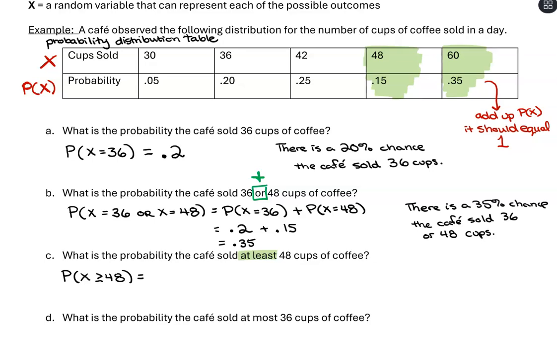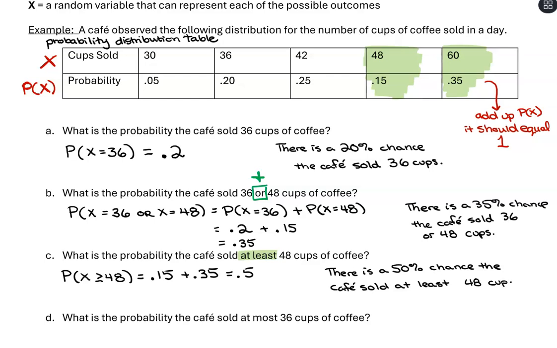And what I would do is add up the probabilities in that region that I shaded on the table. So we have the 0.15 coming from 48 plus the 0.35 coming from 60 cups of coffee, and that would be 0.5. So there is a 50% chance the cafe sold at least